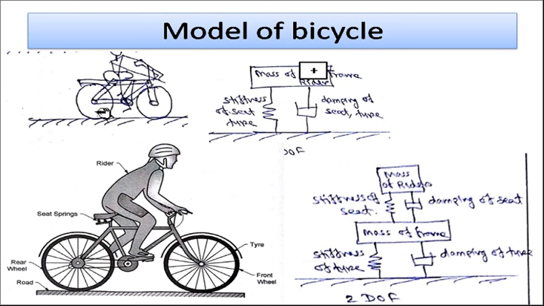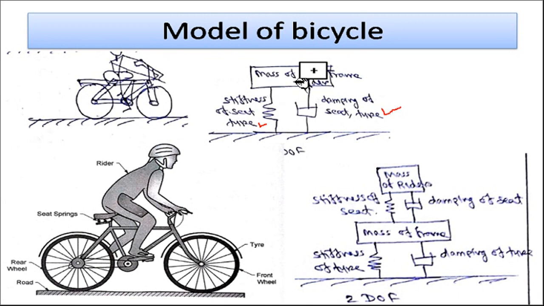So in case of a bicycle, generally if you see, the bicycle is having its frame here, and these are tires, and this is nothing but a road over which this bicycle is moving, and the rider is sitting over this seat. So the simplest mathematical model if you have to consider here, so if I consider only the stiffness and damping in the tire, whatever is there, so I am going to represent the stiffness of the seat and the tire here, and the stiffness of the seat and the damping of the seat and tire over here. So stiffness and damping if I consider for the seat and the tire, then I can represent the simplest mathematical model of this like this.